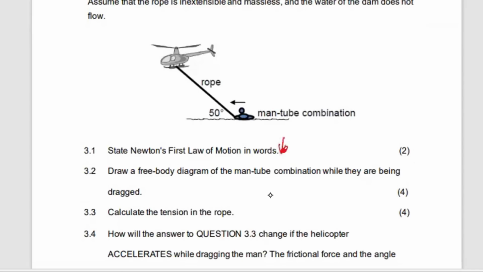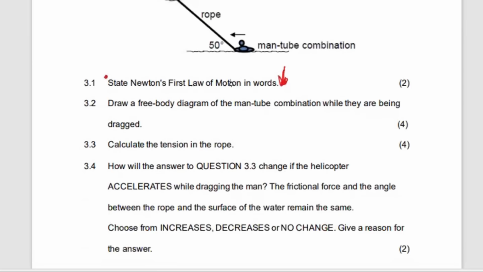So we know that this law simply tells us that an object will remain in its state of rest or uniform motion unless acted upon by an external force. Or sometimes we say the external force is a resultant force, okay? So an object or a body will continue in its state of uniform motion or rest unless acted upon by